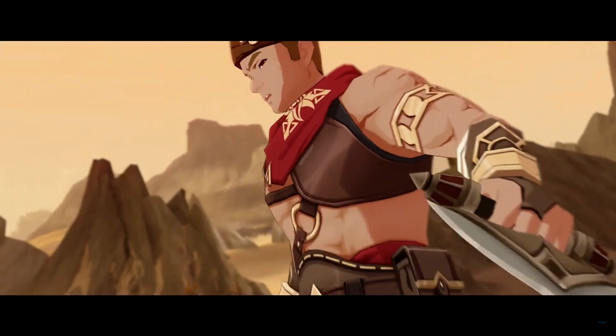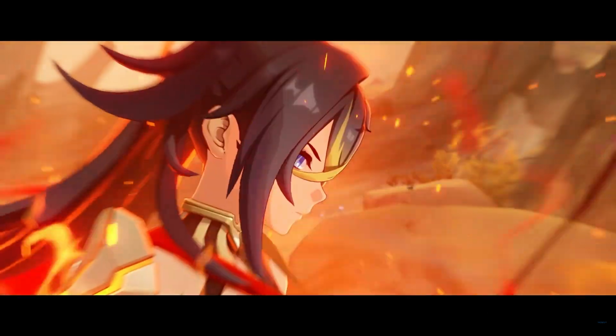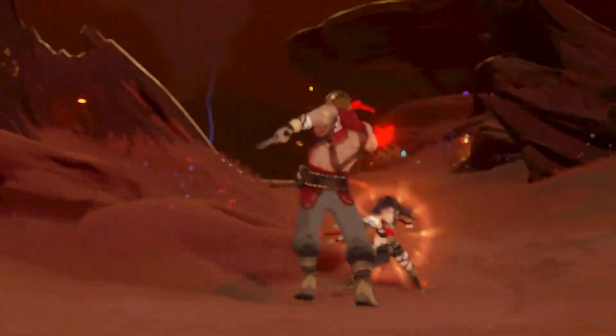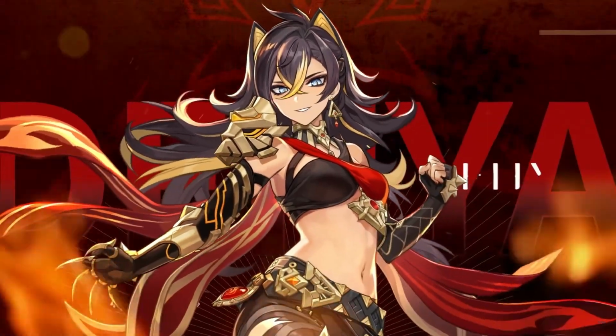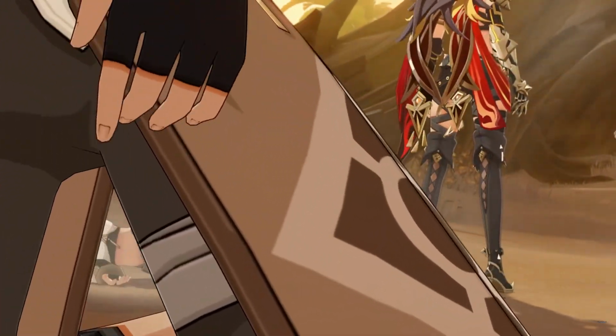So 3.5 just came out and Dehya, who has been one of my most anticipated characters since 3.0, is out. However, I'm not going to be pulling for her in this video, and I'll say it clearly that this is my final decision. That being said, I'm not saying she is a bad character by all means, and it's only the first day of her release. We should wait patiently for people to find out more about her utility in the game before coming to a conclusion. I'm still going to farm for her ascension materials